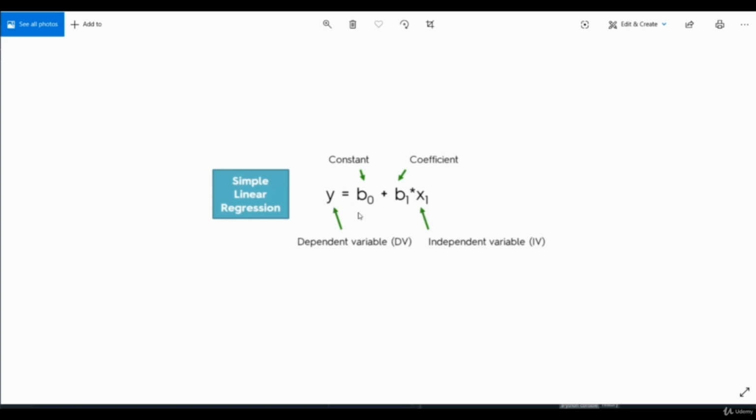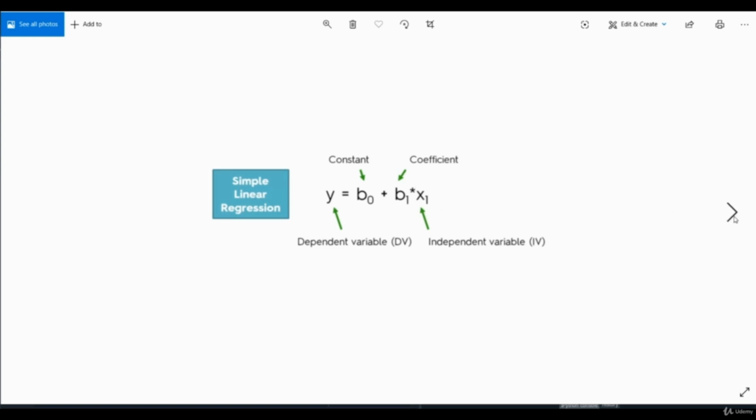Now what it's going to do is compute the value for y by computing the equation where b0 is the constant. The b0 constant is the base value, or it's like the intercept of the best fitting line of a model on the y-axis, I mean where it intercepts the y-axis. And second is b1, that is our coefficient. It defines how much the value of dependent variable y is going to change as the value of independent variable x1 changes. It can be treated as the slope in the equation, and x1 is our independent variable.